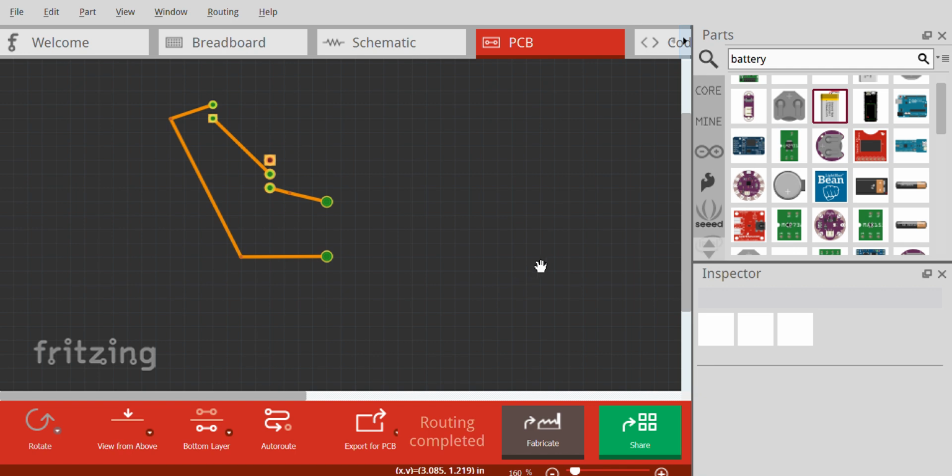And once this is done, you can print it out with an actual size and you can make your own